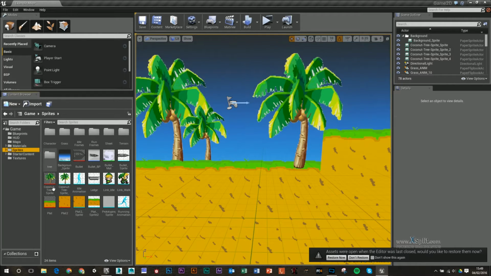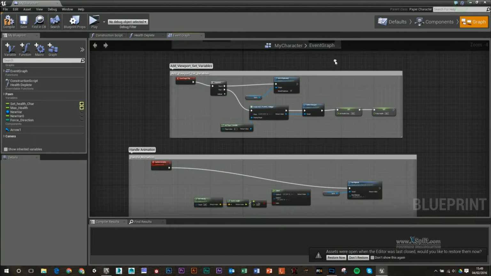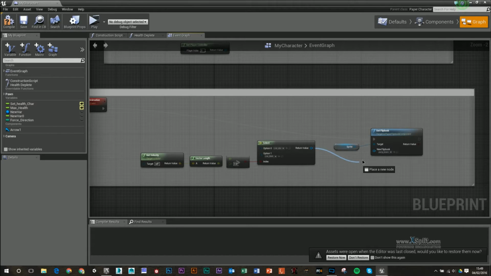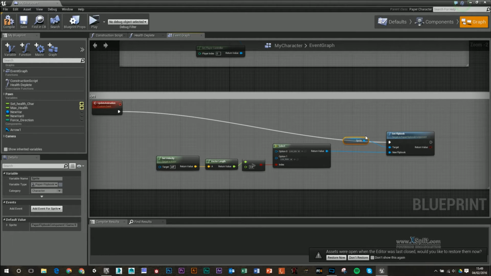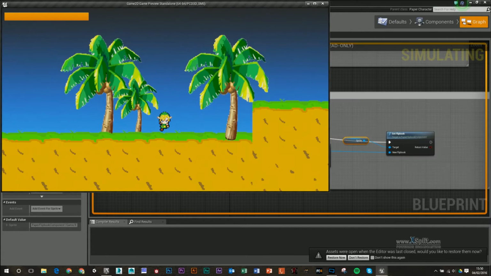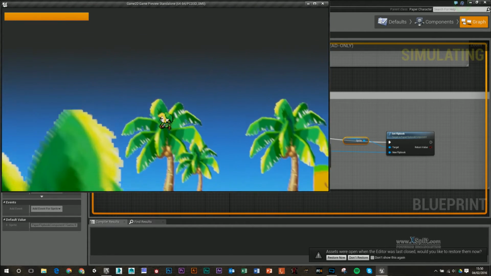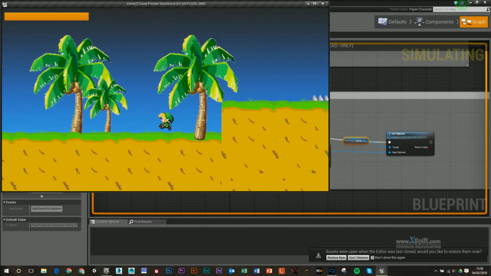The first thing that I want to do though is, if we look at our character blueprint, we've got it set up so that it's going to update this animation node, and really it's going to just go between link idle and link walk. So if I press play here, it's idle, and then if I move, it's walking. But if I jump, it's going to stay on whatever animation, or it's going to just move to the walk